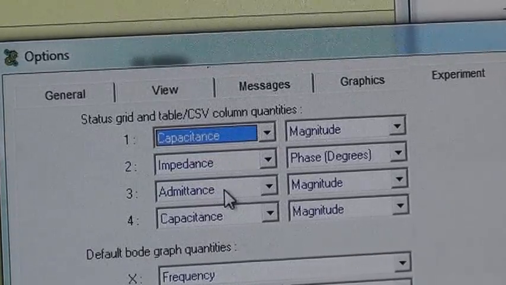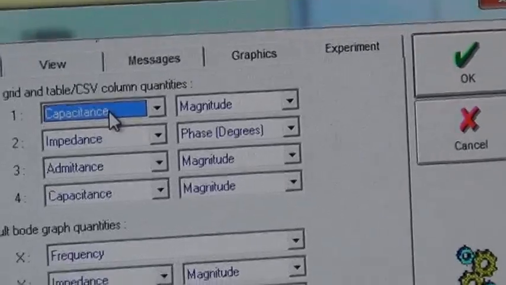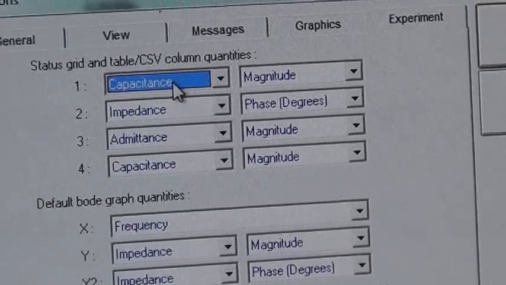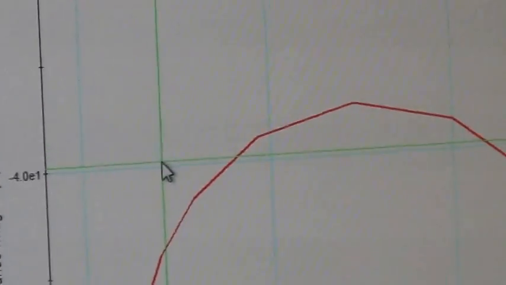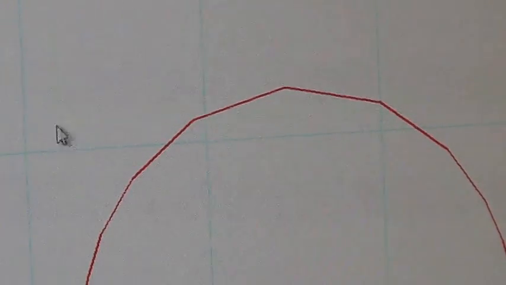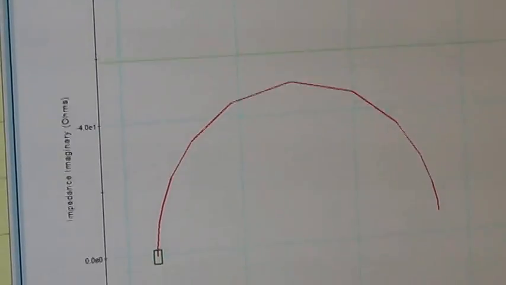If you want the capacitance directly, just give OK. Automatically the data values will also be converted into an Excel file. So this is completed. And if I want to see the frequency, can you go to that plot?